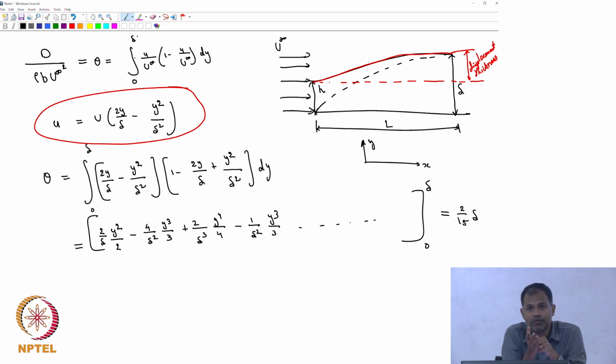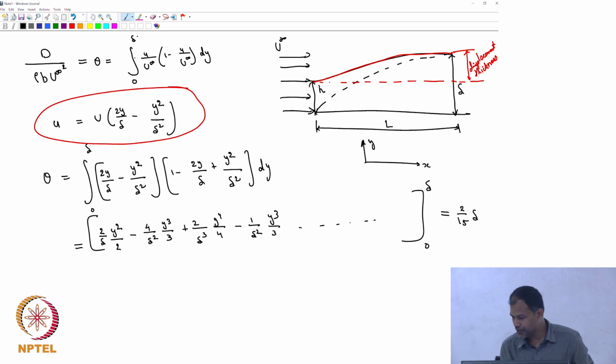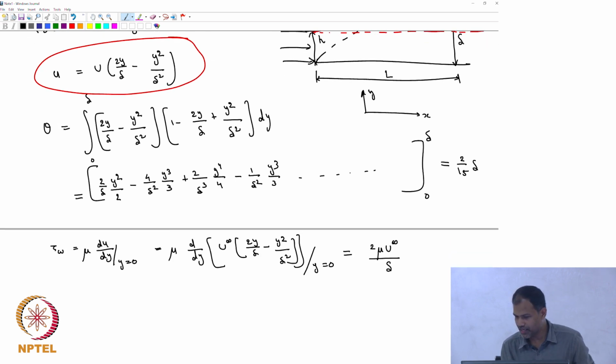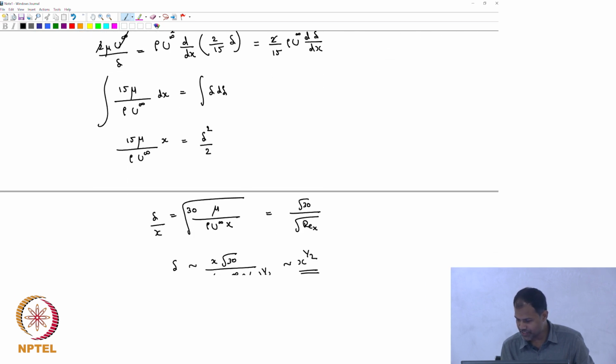And if you want to do turbulent, then you would not want to do parabolic, because you know that it is going to be a much flatter one. So it's basically better to assume something which is like y to the power of n, where n could be some number which gives you a much flatter profile. Okay, so we understand a little bit about how to approach the boundary layer and the thickness. We will look at a differential approach now.